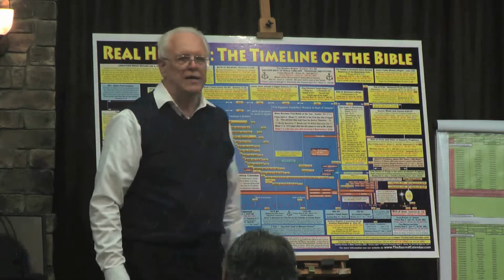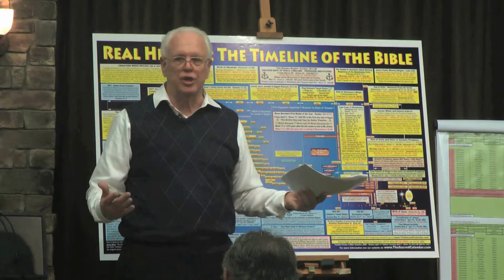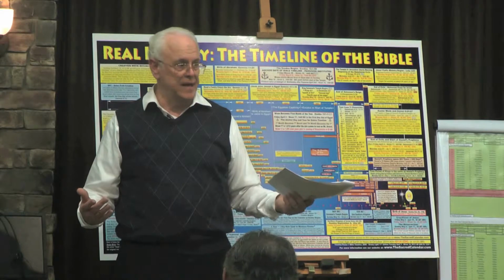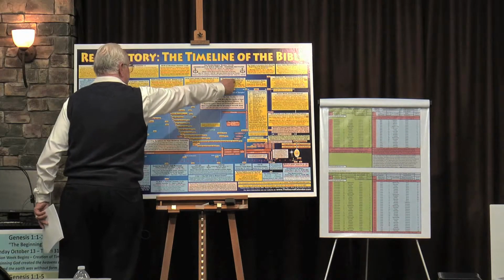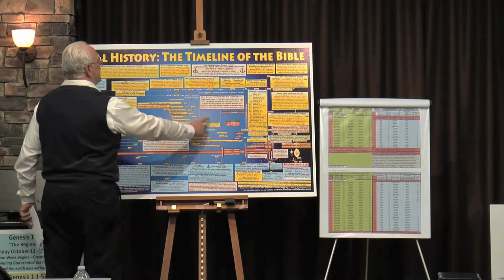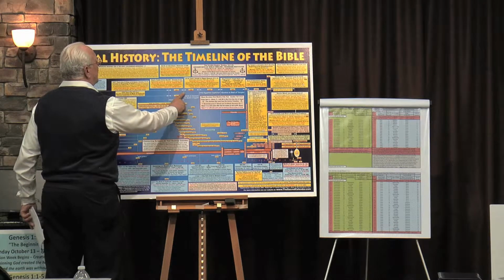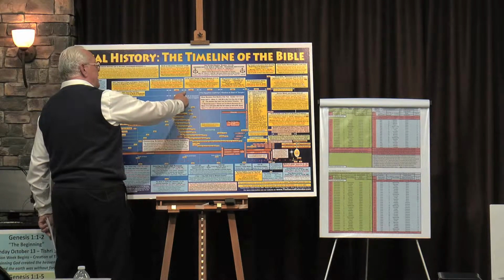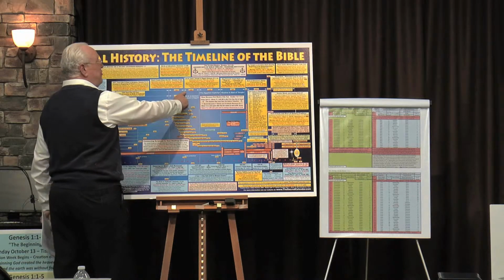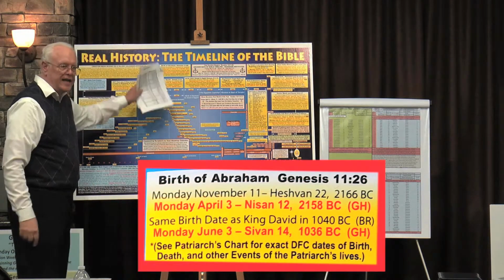That's when Jacob arrives in Egypt to join his son Joseph. Is that mind-boggling? Stay with me. I'm starting at the Exodus. I'm taking a date in the Exodus. I'm going backwards from time. I'm going back 430 years to Jacob joins Joseph. I go back another 290 years, so that's 290 years and 58 days. I arrive at the birth of Abraham on an exact day.